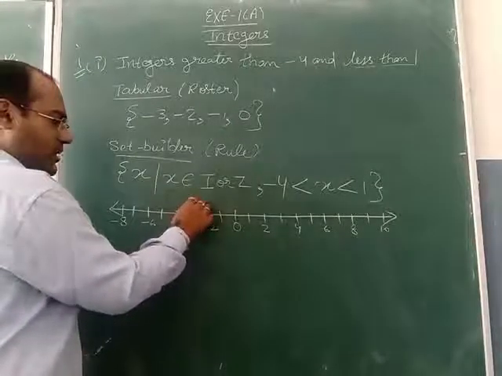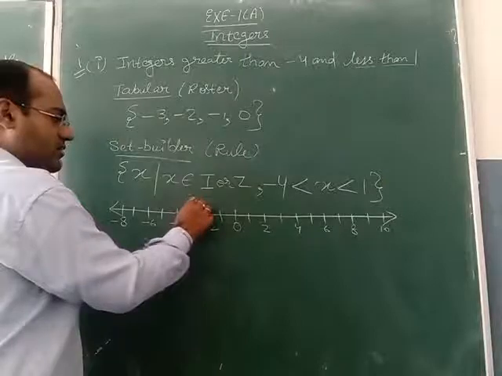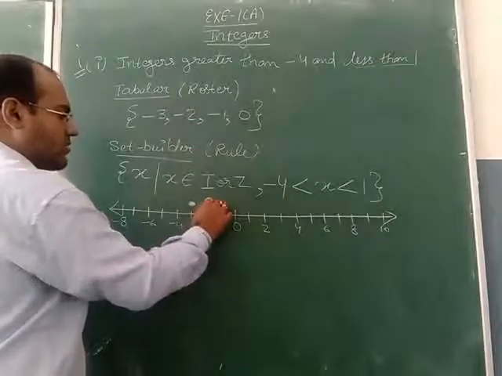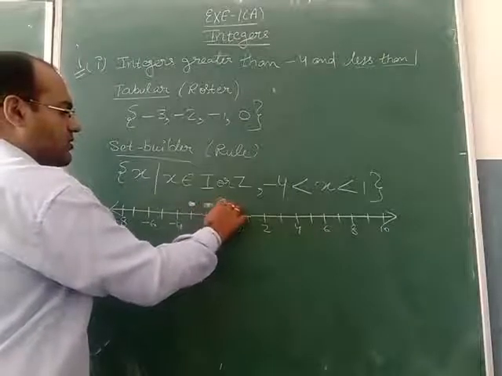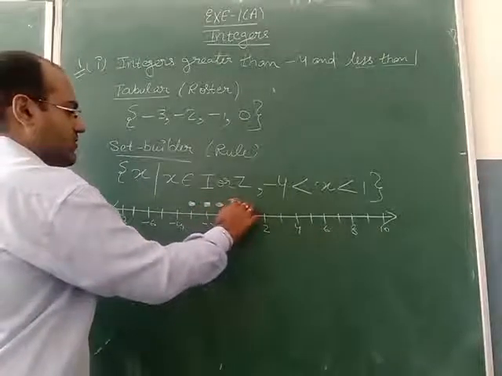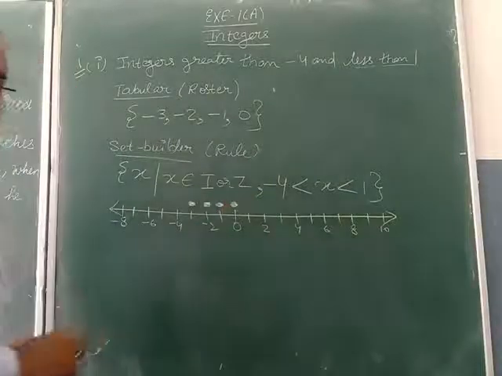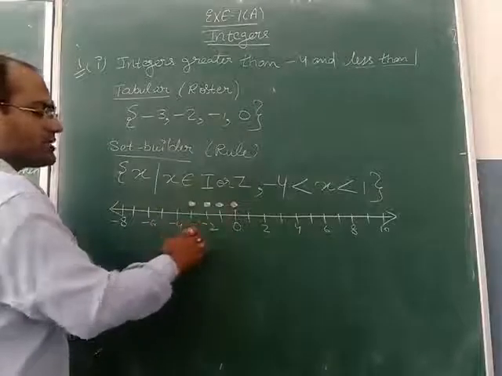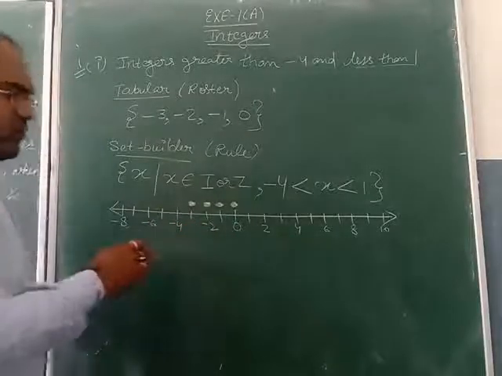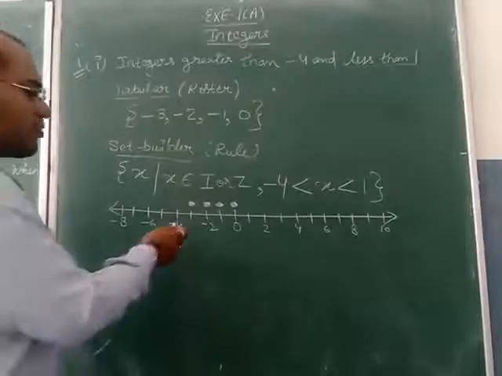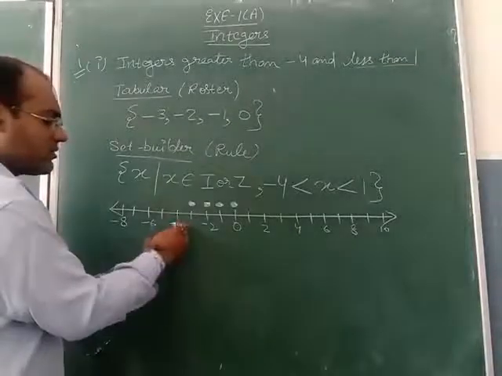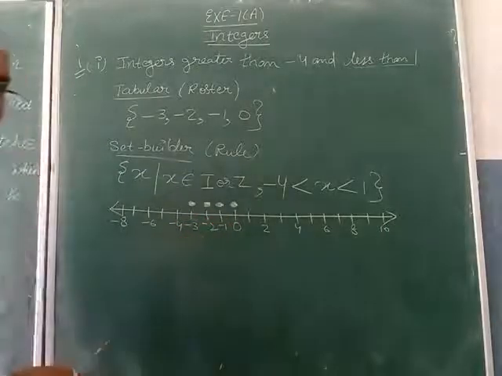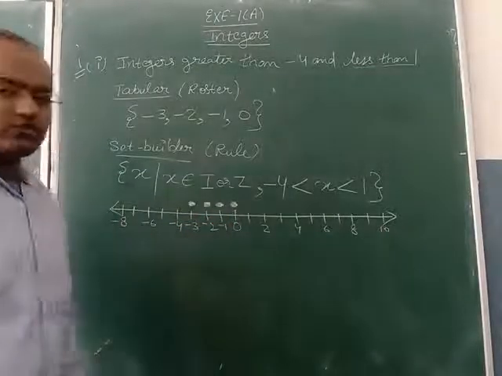So we will put one mark here. This is minus 3. Minus 2 is this one. Here also we will put one mark. Minus 1. And after that 0. So this is your number line. Like this you have to draw the number line. Here you can put numbers also in between. Here space is not there. One more space is not there on the board. That's why I am not writing the number. You can write the numbers here also: minus 4, after that minus 3, minus 2, minus 1. Like this you can put the numbers also. Okay, so this is the first question, first part.